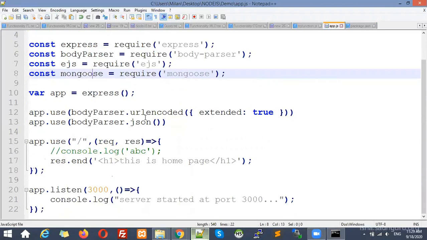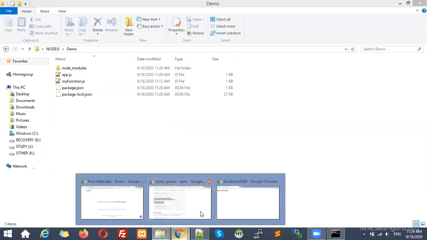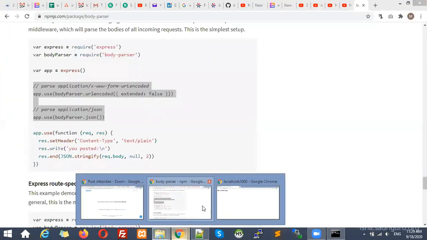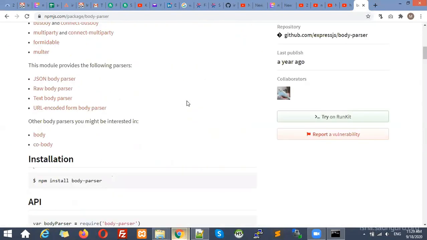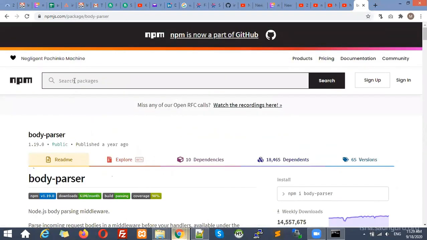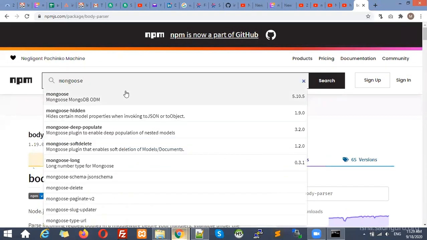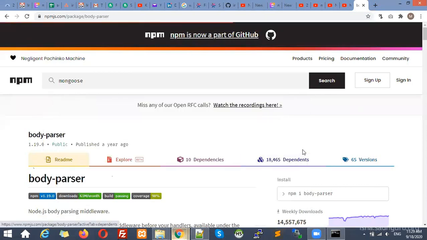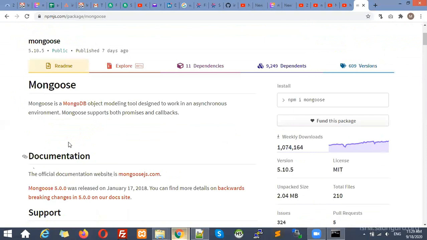So now we need to create a connection with our MongoDB database. Right? So again, let me go to the npm website and check about the package we have installed, that is Mongoose. Let's see the details and examples of it. Okay, Mongoose is for MongoDB.